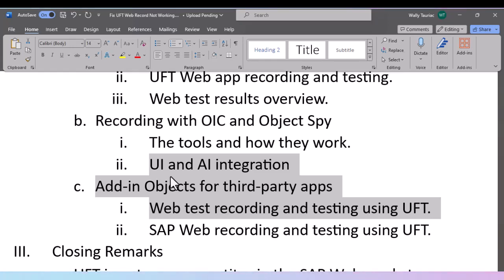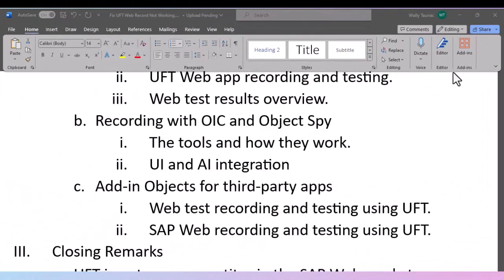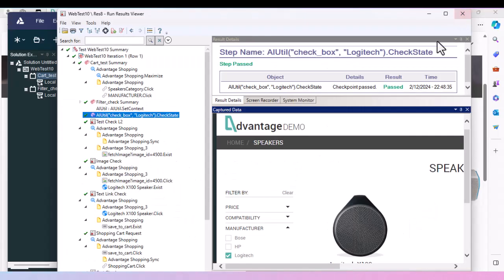And as I said, we're utilizing the web test that we've been enhancing, and we're going to enhance it even further, and I'll talk about that more. Before we go back into the UFT IDE, I want to talk just briefly about the last test results we had. I want to remind you that we did have a couple of statements that are really AI statements,